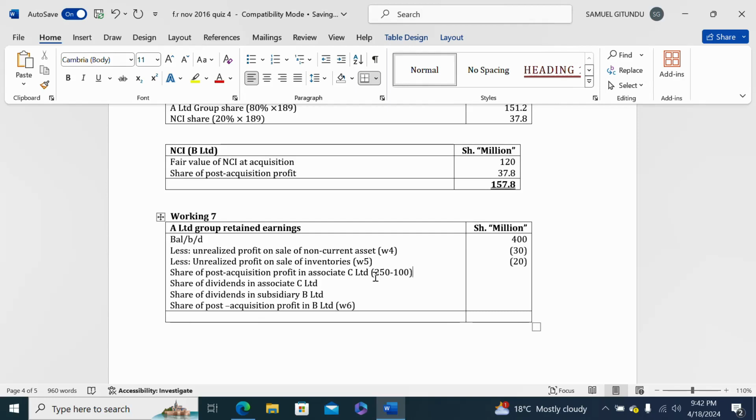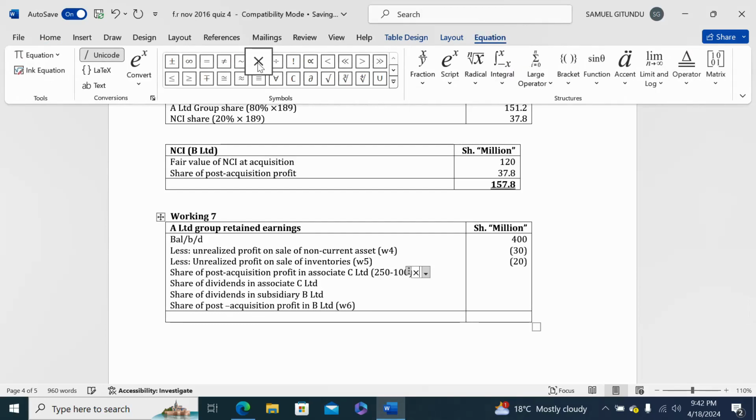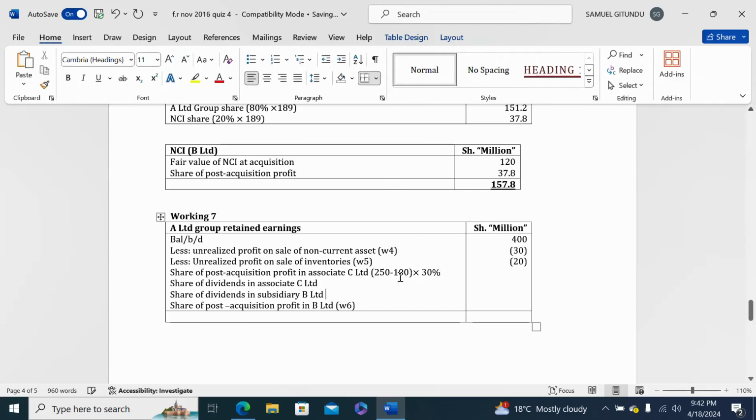Now we have the post-acquisition retained earnings, and therefore we multiply by 30%, because the parent will share 30% of the post-acquisition retained earning,